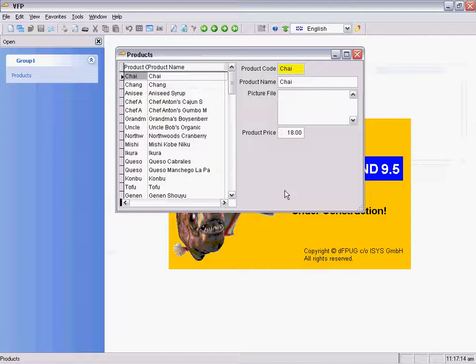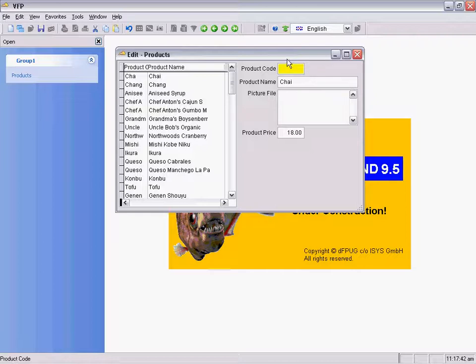I will click on products in order to start our generated form, and here in the form you see all the VFX features with search grid and our required fields. Its background is yellow according to the property that we have set, and this reminds the user that these are fields that should be filled in.